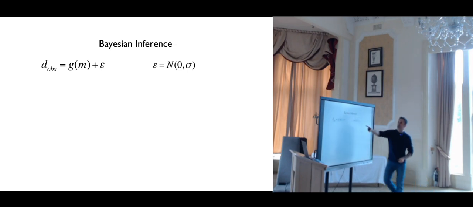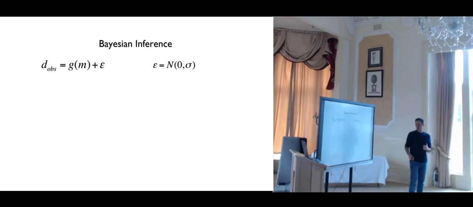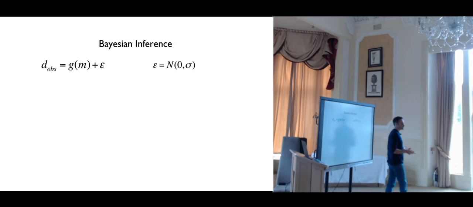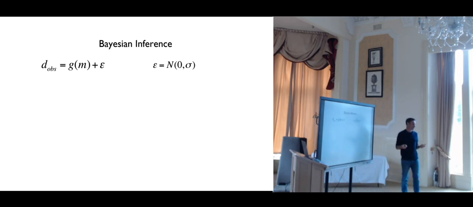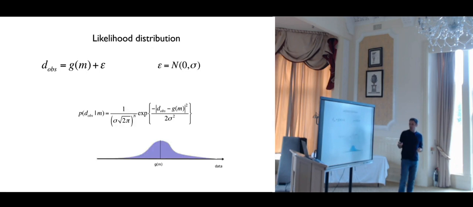So here you see that M is the Earth, and the Earth is unique. There is only one Earth. The Earth is not a random process. The random variable here is epsilon, the data noise. And so because you have a random variable plus a constant, the observations, the data, are also a random variable. And we can write the distribution of this random variable. And this distribution is a Gaussian distribution. So I can actually write it.